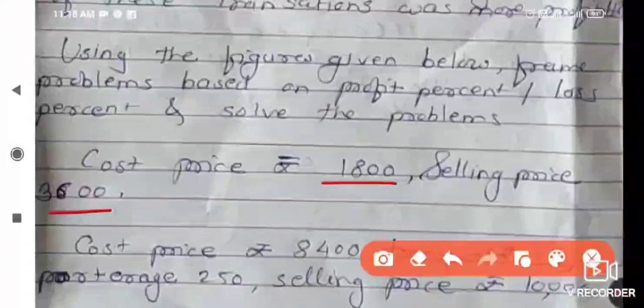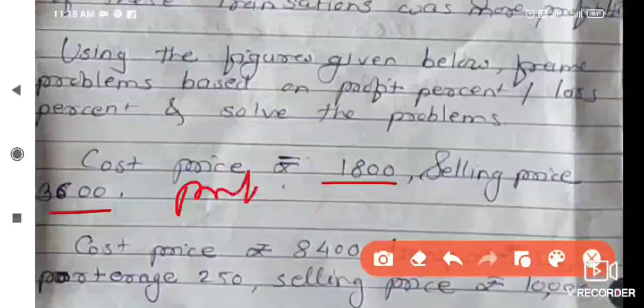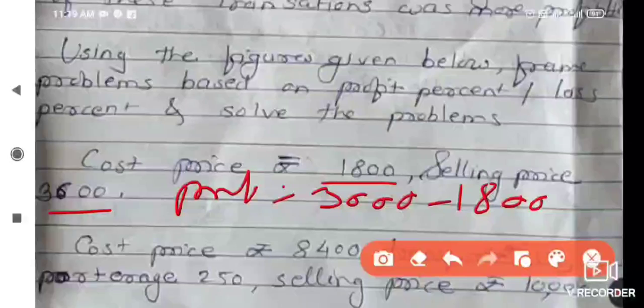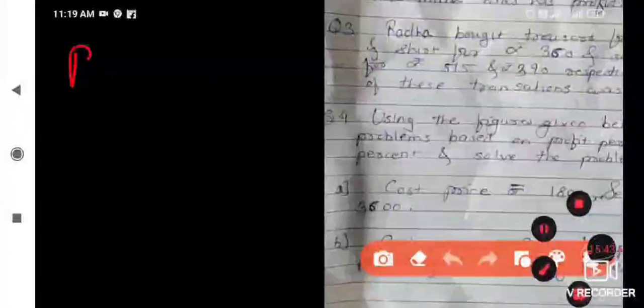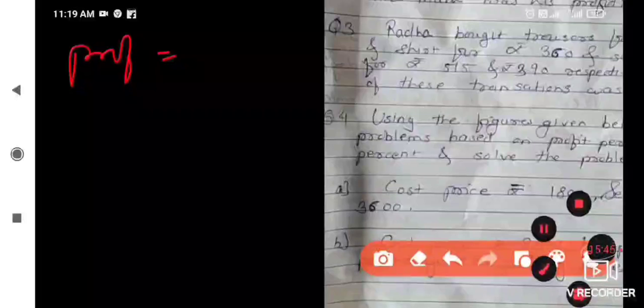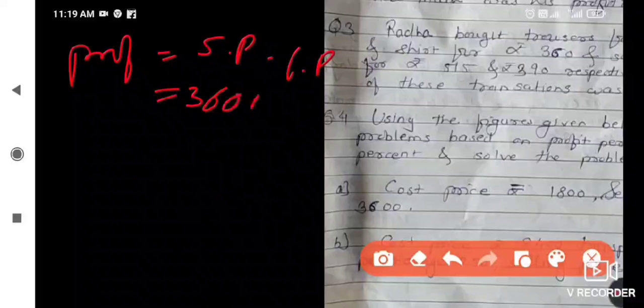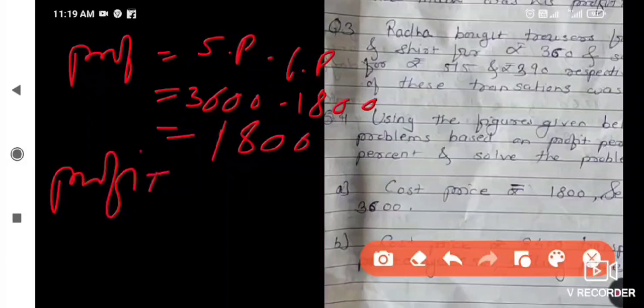So just find the profit inside it. You will notice that profit is equal to 3600 minus 1800, so how much is the profit? 1800. So here we have to solve the example. So profit is equal to selling price minus cost price, which is 3600 minus 1800, equal to 1800, and profit percent is equal to profit